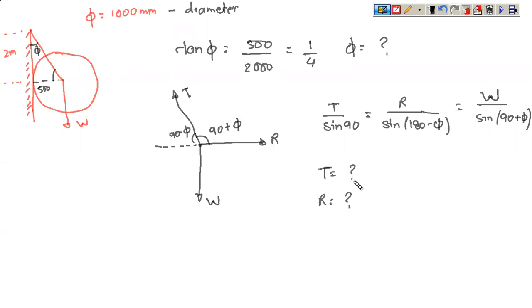So this is how you represent reactions. For the reaction, what we have taken is that the ball is supported on the frame at this angle and it will offer an equal and opposite force known as reaction. The direction of the reaction is shown here. Okay, so this is the second type of problem.